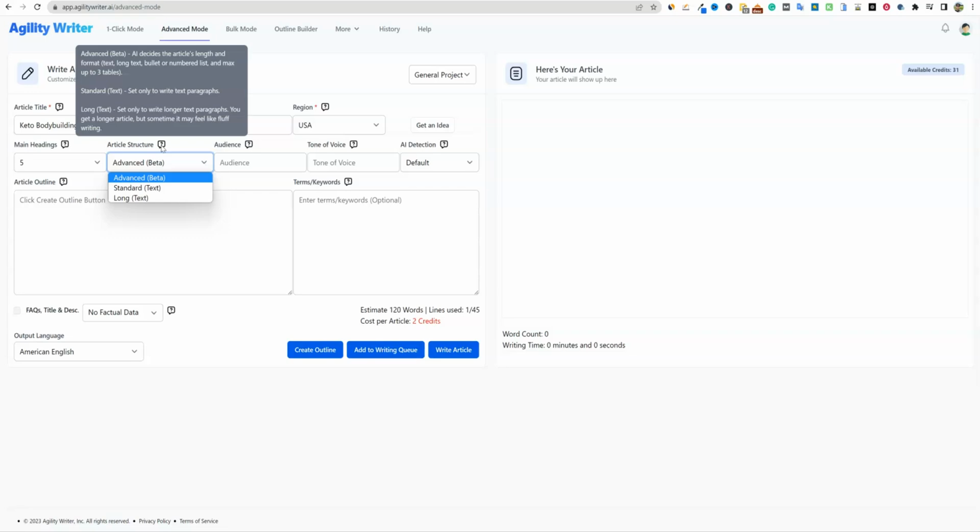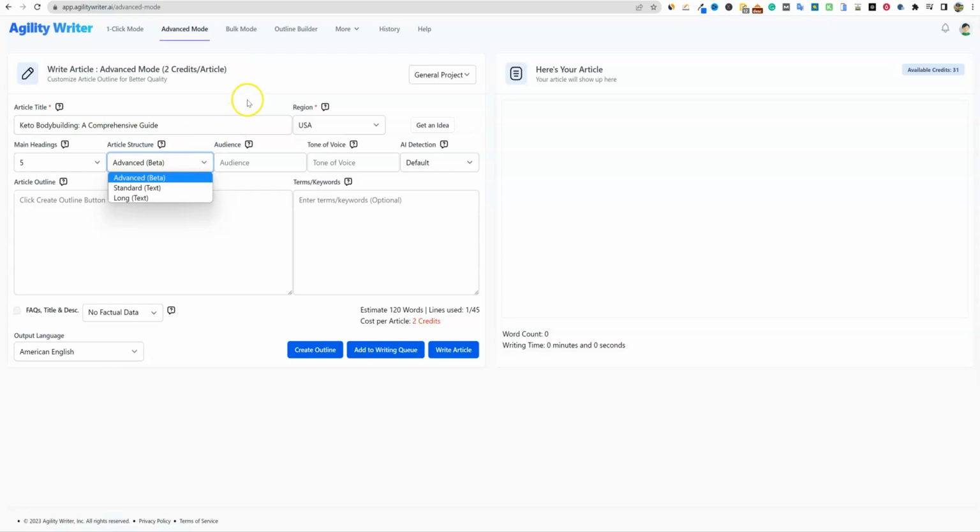So like Zimmwriter and so forth, it will actually put tables in here. And you can actually guide it by telling it to put a table in here as well. So really cool. But before we do the advanced mode, and we'll come back over here, I might as well